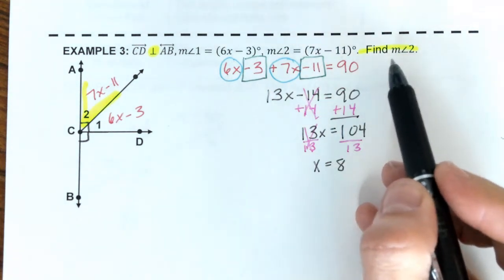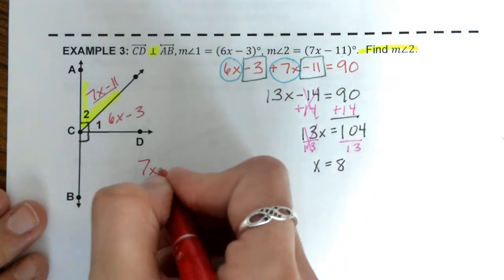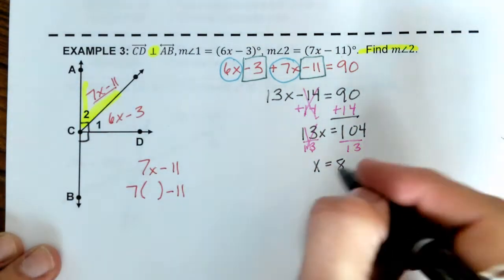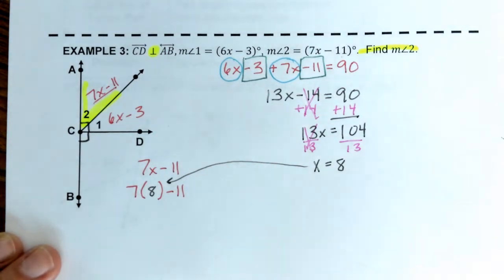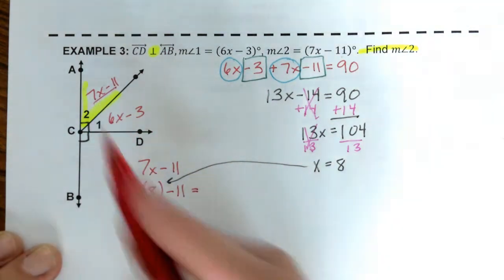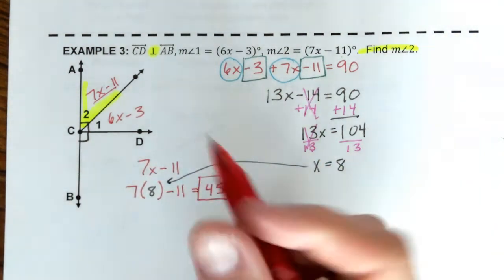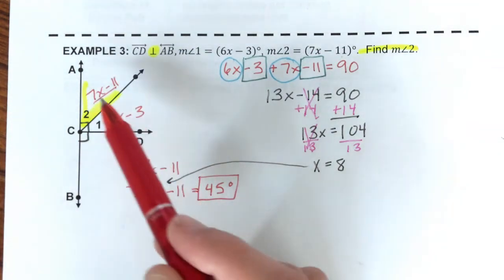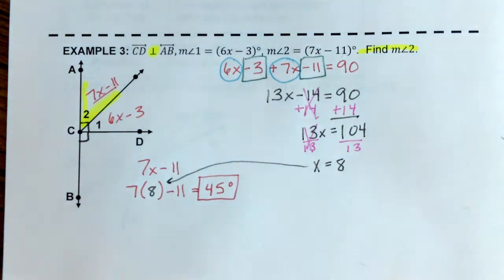Again, that's not what we wanted to find. So we have to take the measure of angle 2 right here, that's 7x minus 11. We need to remove x, and we're going to plug in what x was, which was 8. And we plug this all into our calculator, we're going to find out that the measurement of angle 2 is 45 degrees. And what ends up happening is this actually is going to be an angle bisector, because if you divide 90 degrees by 2, it's going to be 45. So if you plug it into angle 1, you'll see it's also 45 degrees. All right? Next,